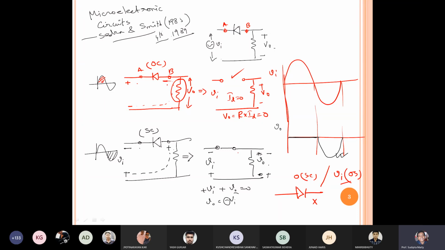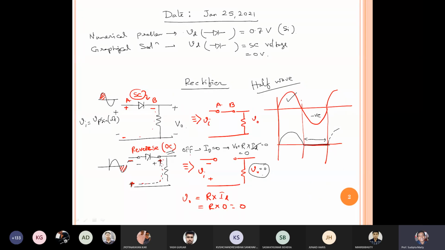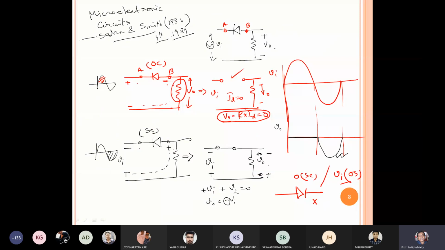Step by step, karo. Here it is given already. I believe in the previous slide it is also given. No, not given. So if V naught is 0, suppose positive negative kind of current is flowing, then minus Vi plus Vd plus V naught equals 0. V naught is 0 over here, so Vd equals Vi. Do not try to remember anything, try to obtain it step by step.